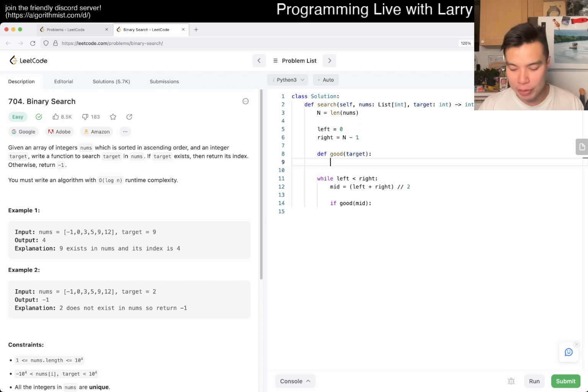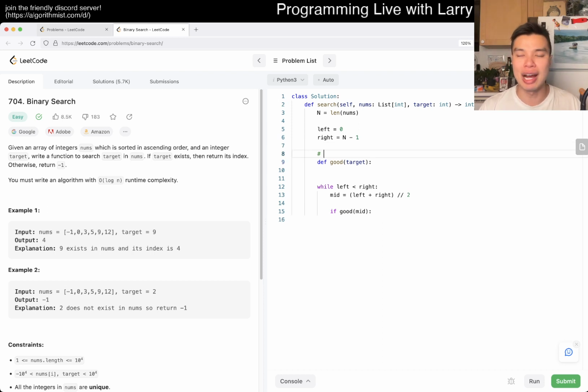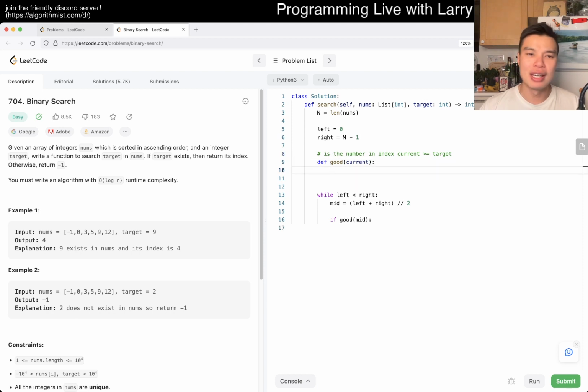So here we have to define the function first: is the number at index current greater than or equal to target? I use target here, and this is the target, so that's really awkward. Maybe just current then.